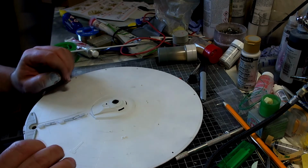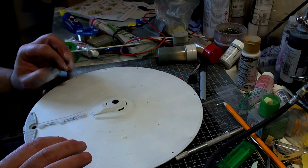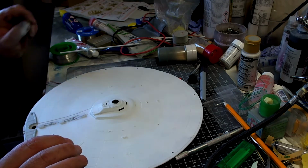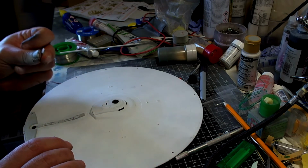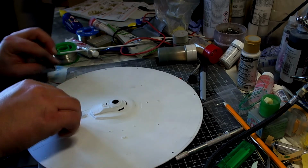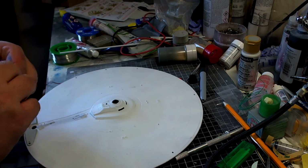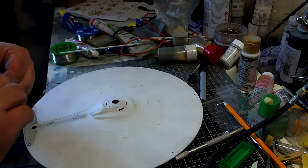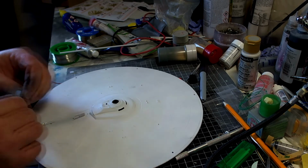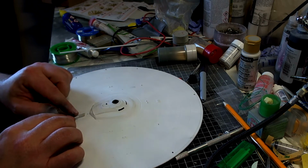So I think three LEDs in there should work. I mean, I can put a 4th LED in there if I really want to, because I do have a 4th one. I suppose I could do, couldn't I? Because what I could do is, if I do that and bend that like that, join those two up there,